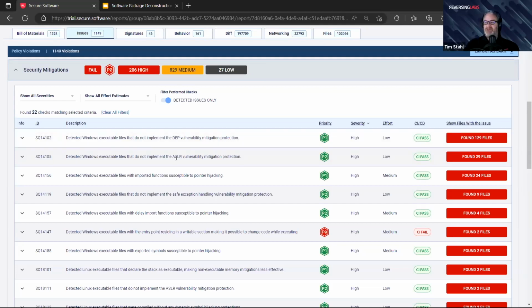ASLR is address space layout randomization, right? Where every time you open up the application, that information and the data can be held in memory in different places. It's a moving target for attackers. They can't hit the same place all the time. This was rolled out in Windows Vista. So again, when these things are missing, it tells you that you have these old files, or there's just poor build practices,